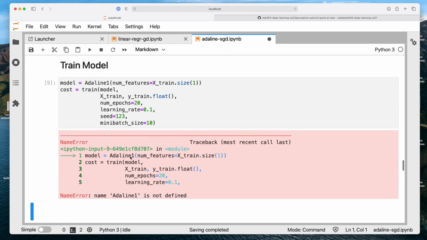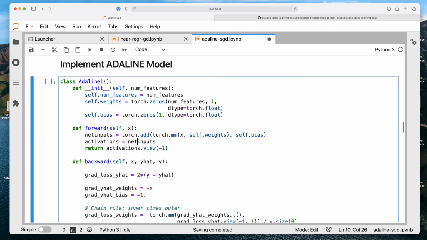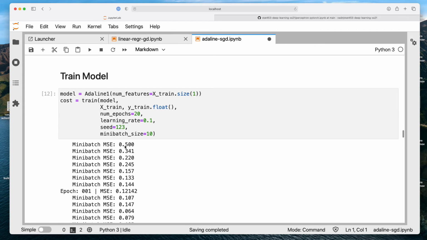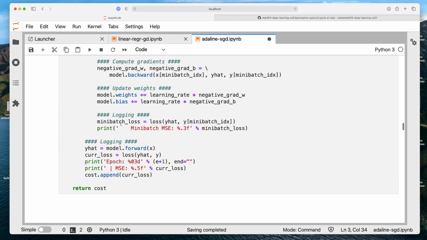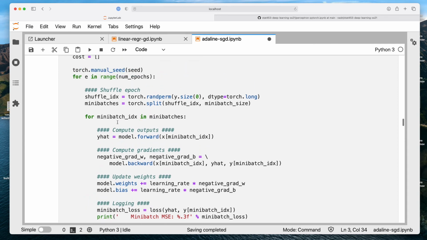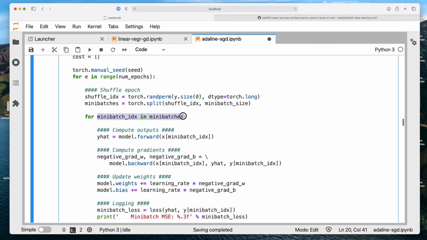Nope, not defined. Yeah, I'm forgetting to execute them step by step here, which is an issue that can happen in Jupyter notebooks. All right, so now we see we start again with a very large loss. Now, oh, sorry, I mentioned it was the same, but one difference is now we're using mini batch gradient descent instead of batch gradient descent. So really the difference is that we have now these mini batches here.